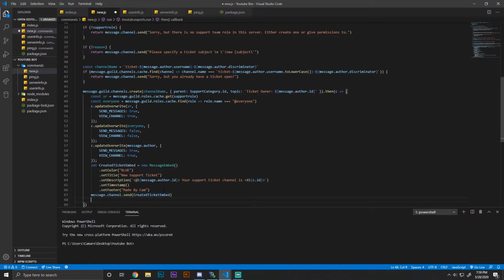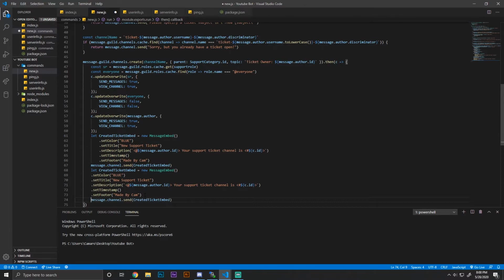Okay, now we want to make another embed, because that was for whenever you create the ticket, it'll just tell you that you've made a ticket. So now we're just gonna create another one for the greeting. Now this one's gonna be c.send. I'm just gonna call this one embed. Okay. So now this one's just gonna say instead of this, we're gonna say